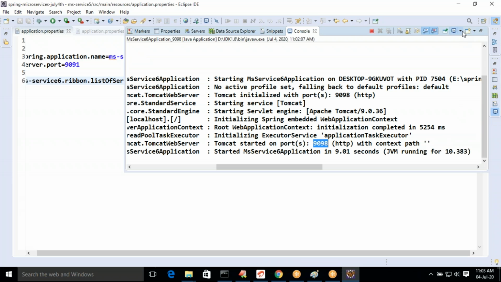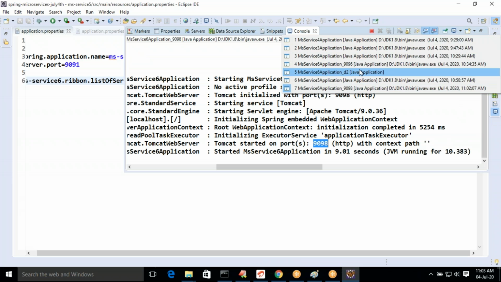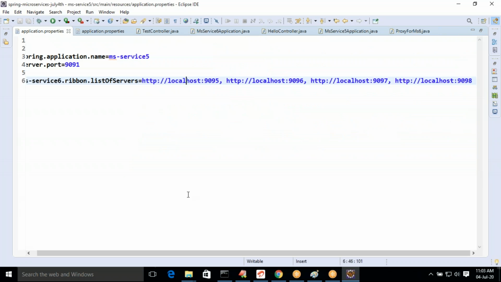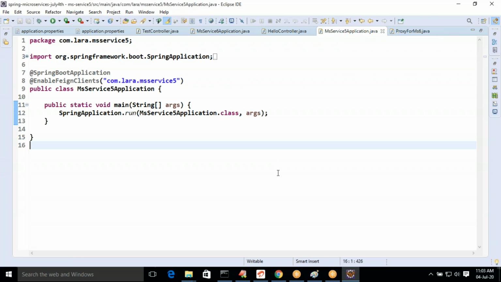Go to the console, check it out. MS Service 5, only one instance is there. Sorry, this one. MS Service 5. Select MS Service 5, stop it, and then start. Why? Because we modified properties file. Go to the MS Service 5 application. Stop.